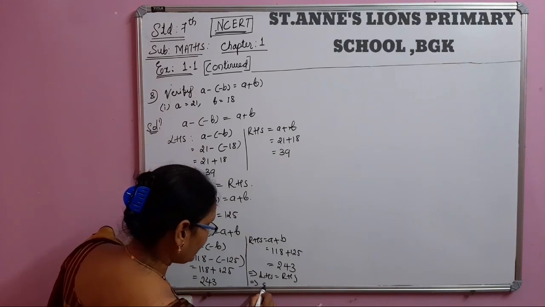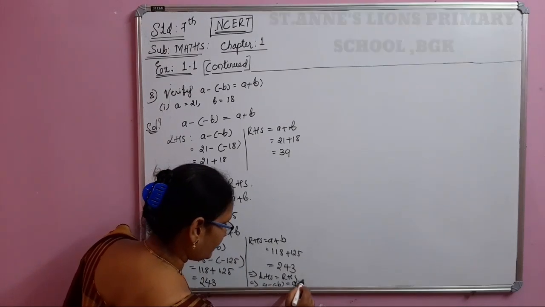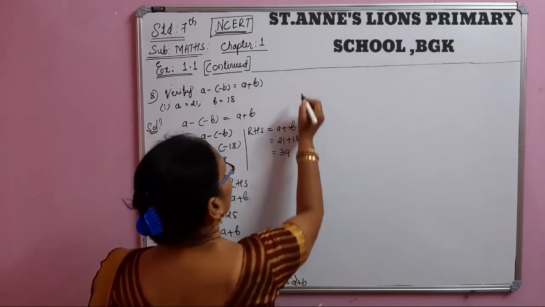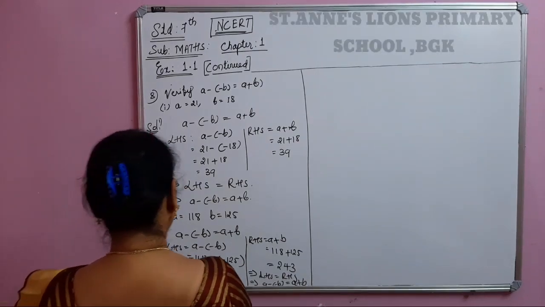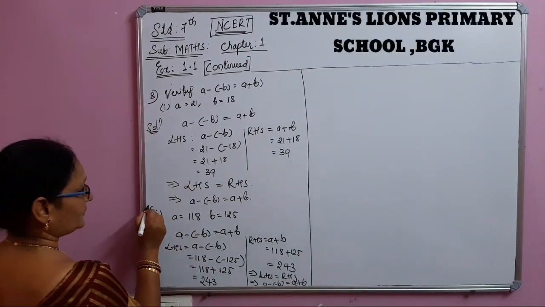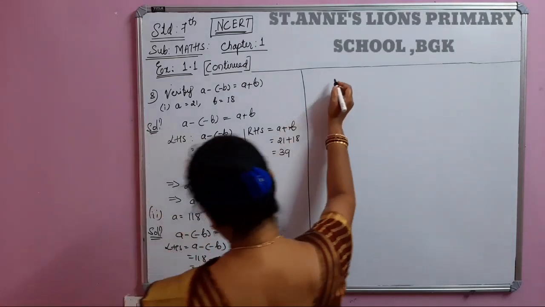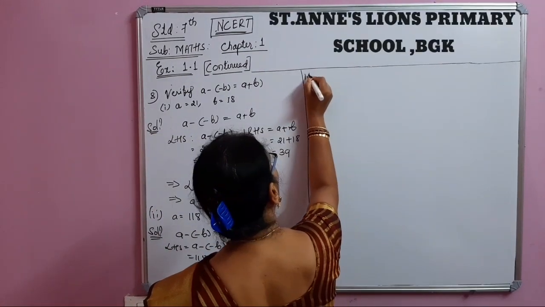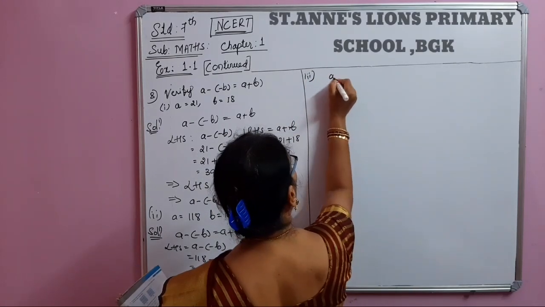So this implies that a minus of minus b is equal to a plus b. So this is the second problem. Up to here this is the first one, this is second. Now the third, in the eighth problem, that is a equal to 75,